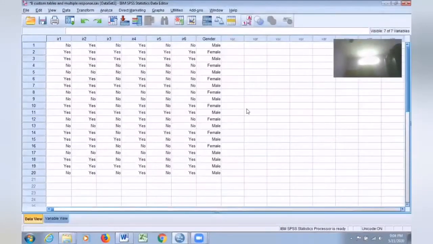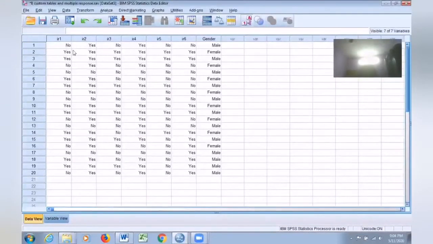And what is the third thing I would like to tell you? See, apart from normal frequency tables and cross tabulations, you can think of generating customized tables. When your data is very big, having many variables, you think about constructing your own customized tables. For example, let us take the same example.